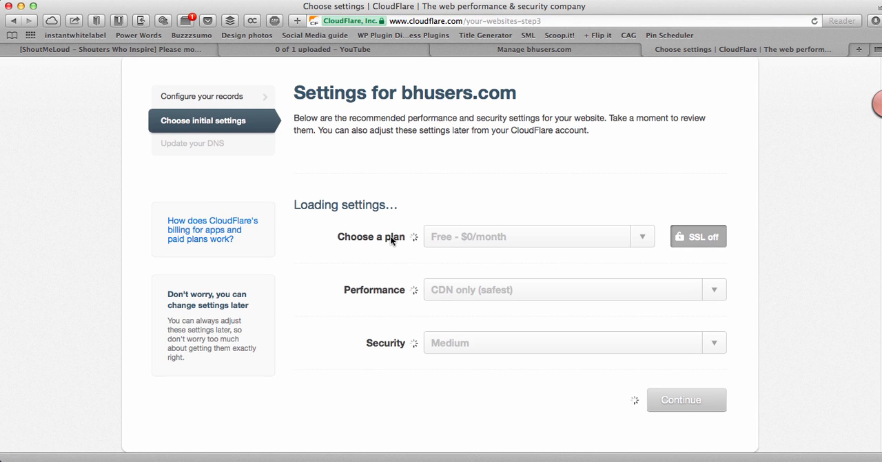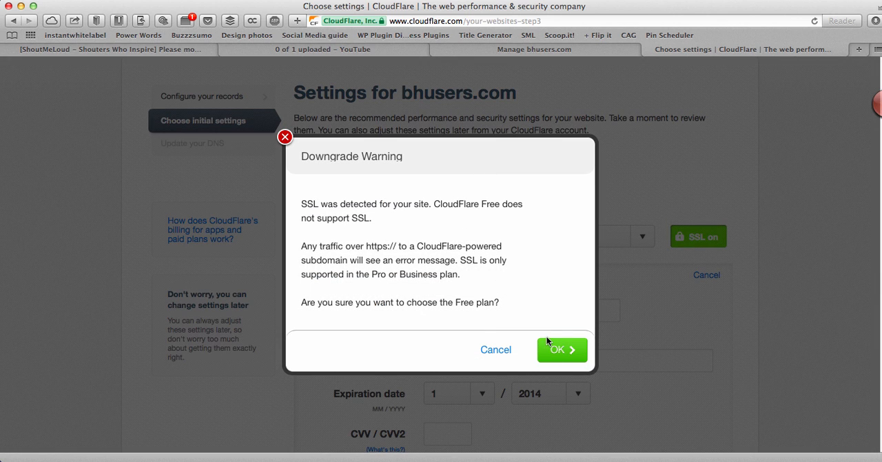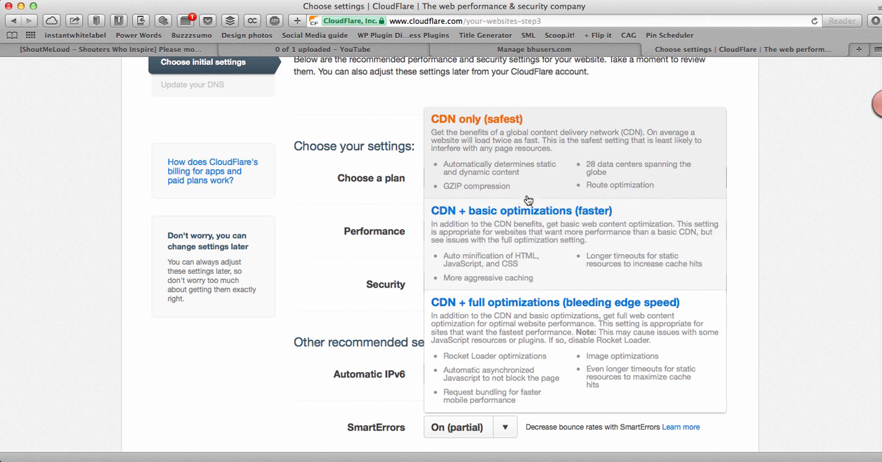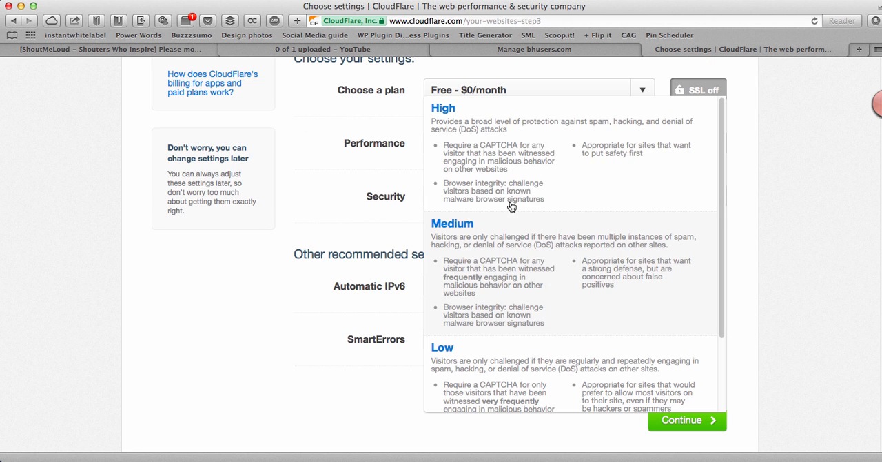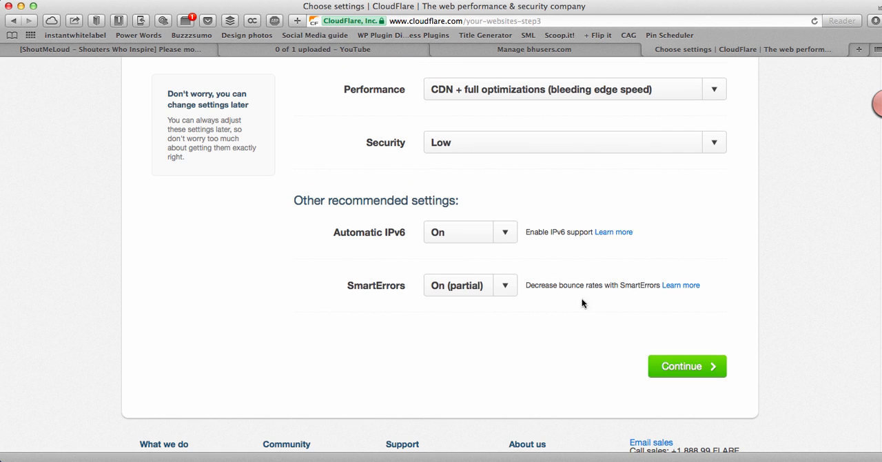And here it gives you the option of which plan you want to go for. Let's go for a free plan. I want to go for the full optimization. That's a good way to start. Security, I'll keep it low. I mean, it all depends on where your traffic is coming from. I'm already on the unlimited web hosting on Bluehost, so I don't have to worry much here. I click on continue,